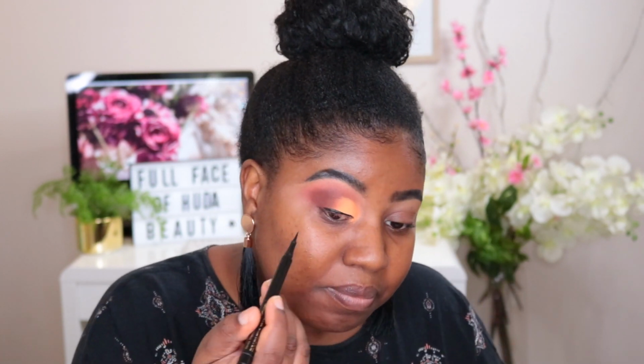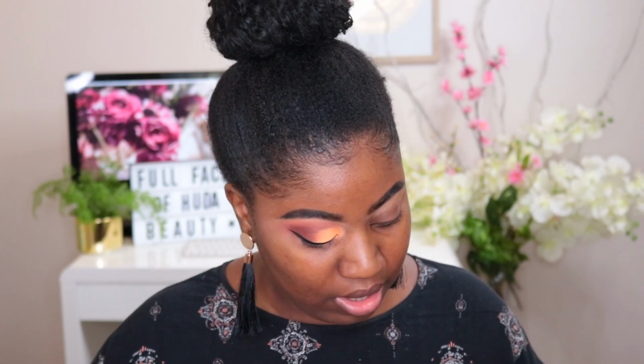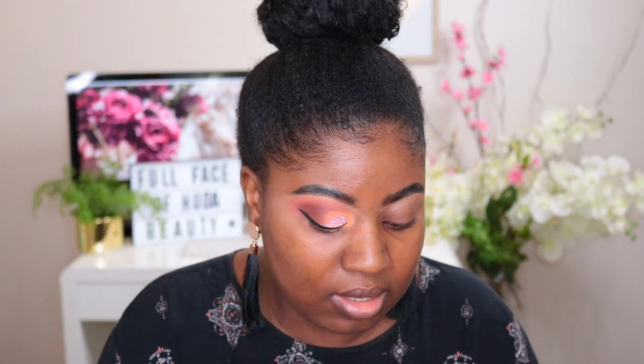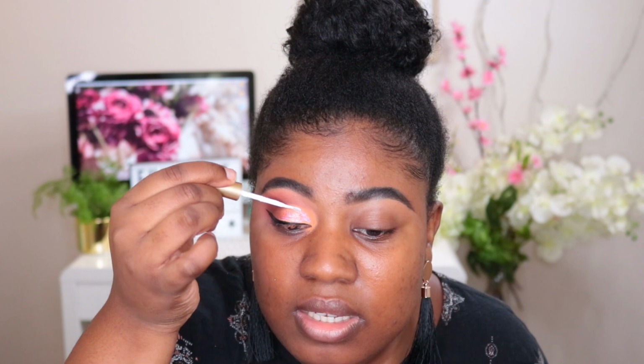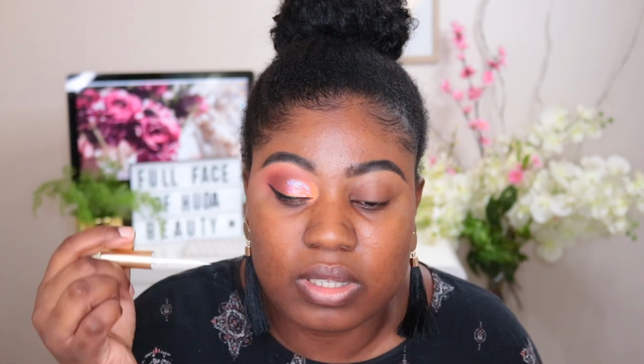Now you always want to do your eyeliner before you do your glitter, because your liner will become wrinkly. So put your liner down first if you're going to be doing a liner look. Then grab your eyelash glue, and where you want to put glitter down, you put the glue down. It creates a sticky base that's going to dry down clear. Now don't blink. Obviously take your time, because it's just gonna get